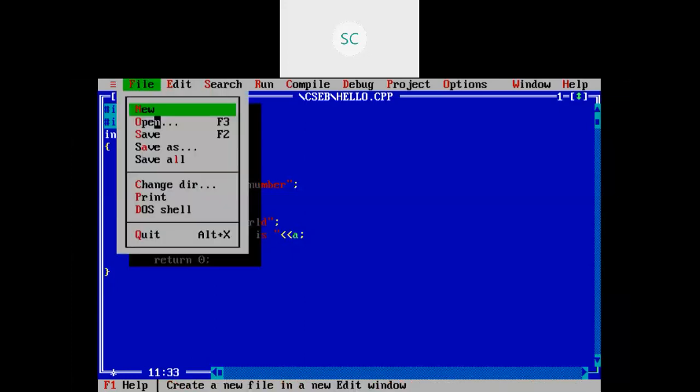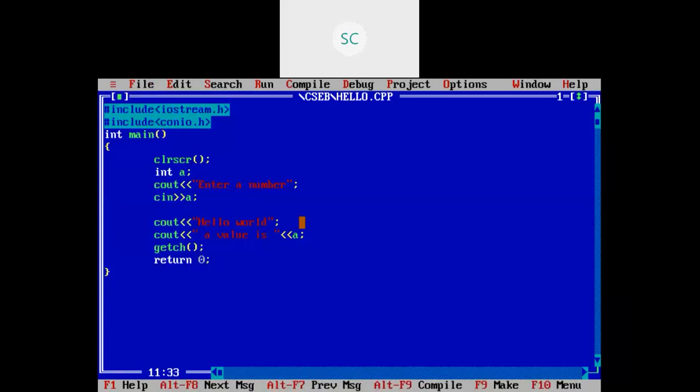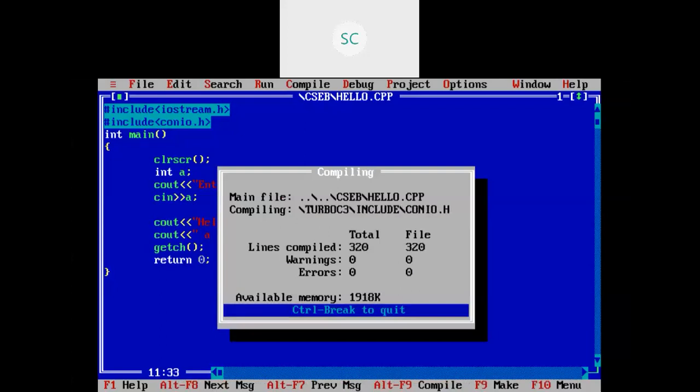After saving, compile it. No errors, and execute it. Now you can see it is asking for a number, so I'm going to enter 10. Now here you can see hello world is one message and "a value is 10". Now you are able to get that input data, and that data is directly stored within a variable. But you are able to see hello world and a value is 10 within a single line, right? If you don't want to